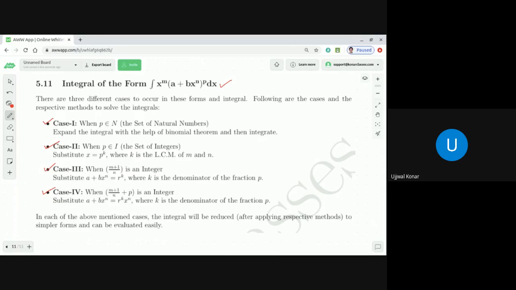Correct, no? So first you need to try for case 1. If it does not fall into the category of case 1, come to case 2. If it does not fall into case 2, come to case 3. If it does not fall into case 3, come to case 4 and proceed. I will suggest, dear students, please do this: the last 3-4 forms, once you are done, be well versed with indefinite integration.